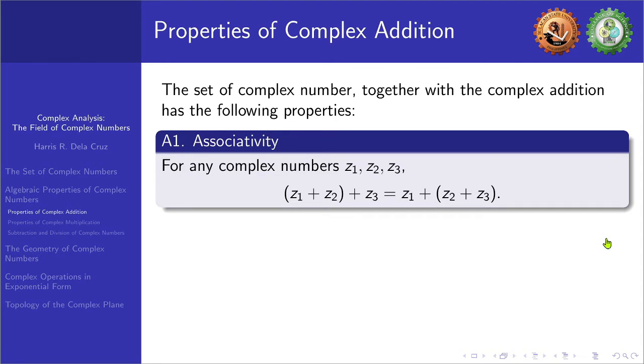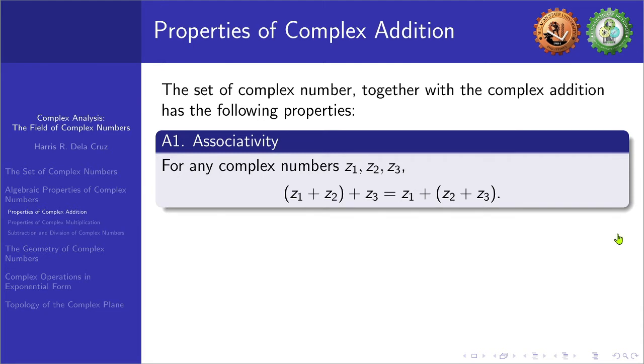The first property, A1, is associativity. For any complex numbers C1, C2, and C3, we have the following: the quantity C1 plus C2, plus C3, is equal to C1 plus the quantity C2 plus C3. So this tells us that if we change the grouping symbol from C1, C2 to C2 plus C3, then equality